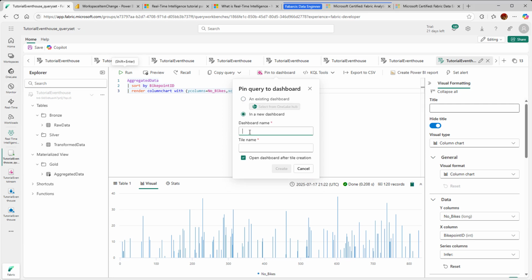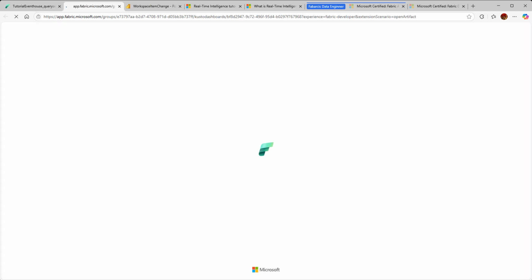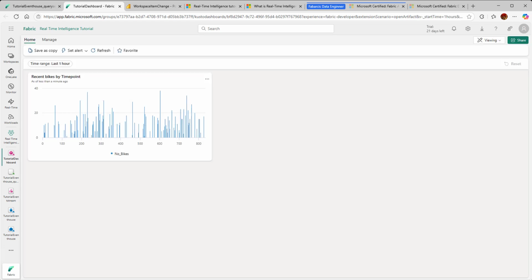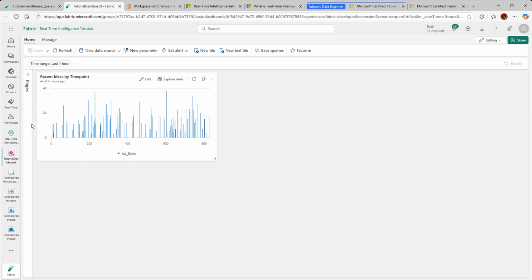this is a new dashboard, so I'm giving a name, tutorial dashboard, and a title name. I will give it recent bikes by time spot. So I will just put it here and select it, and I'll just create. All right, so my dashboard is created, recent bikes by time spot. So this is a real-time dashboard. This is the viewing mode, right? So I can go to edit and make some modifications here,